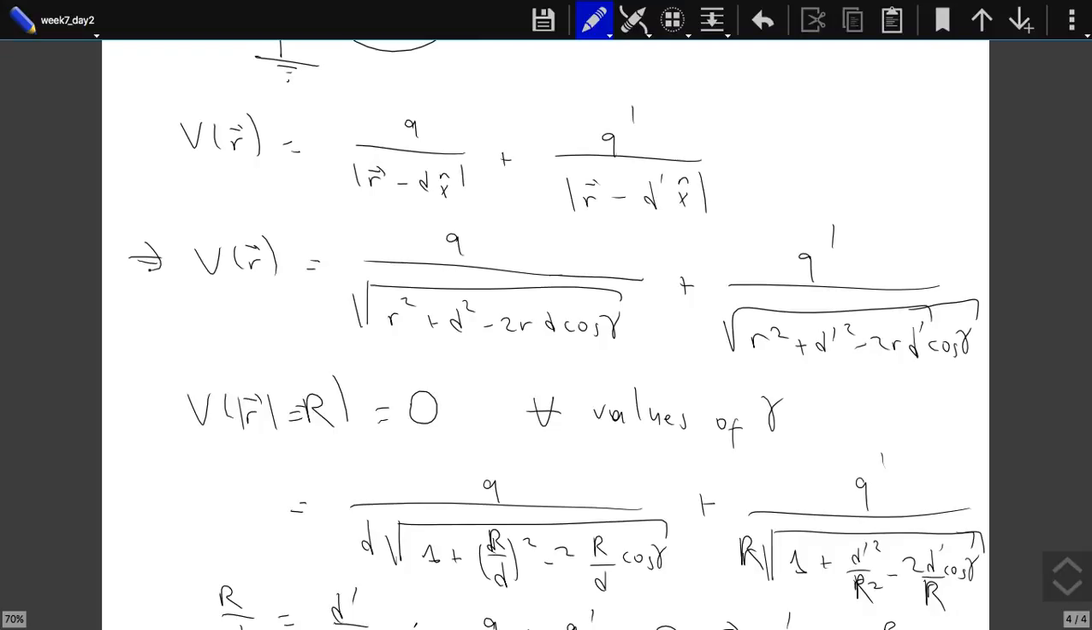So kind of it was a trial and error. We tried a solution which satisfied our properties, and then it has to be the solution. Not always, but in this problem it was enough to have one image charge to satisfy my boundary conditions. Now we can have